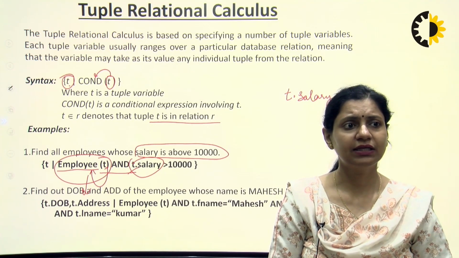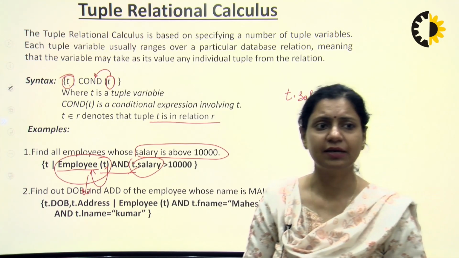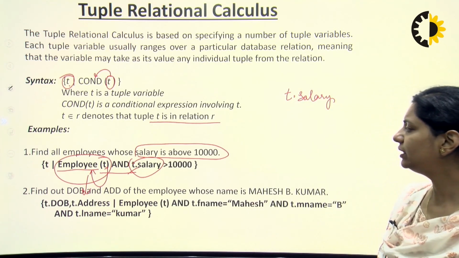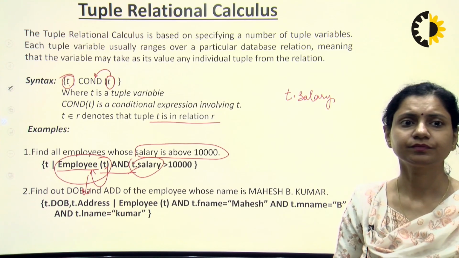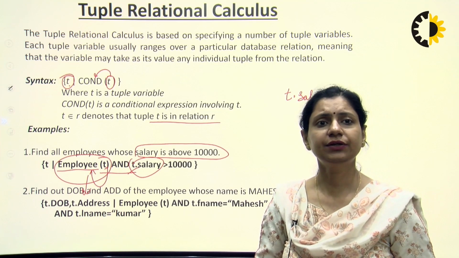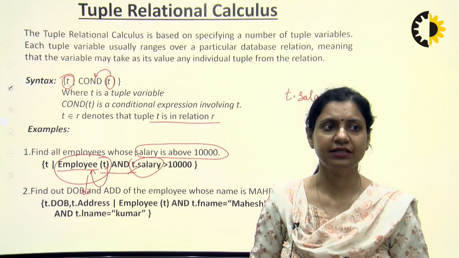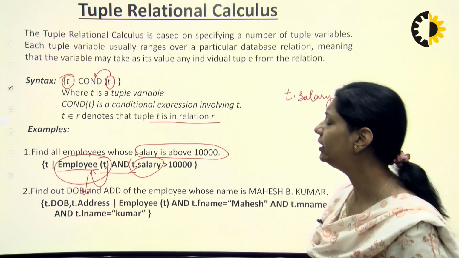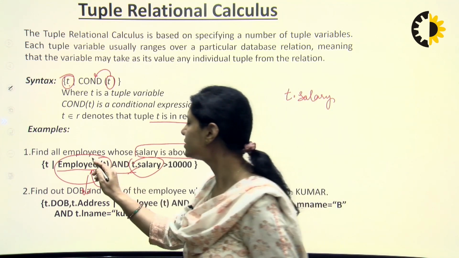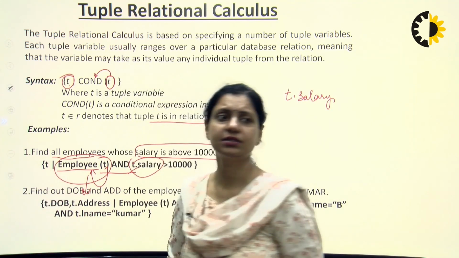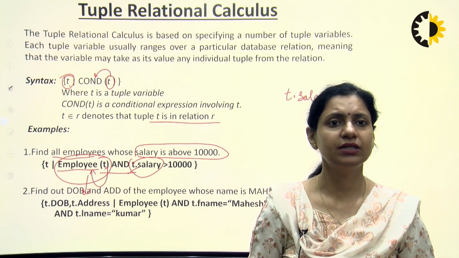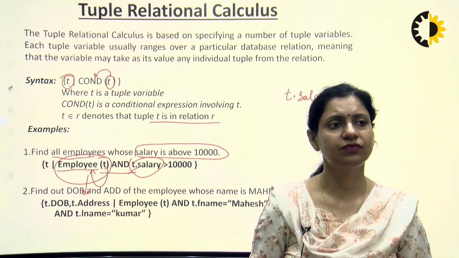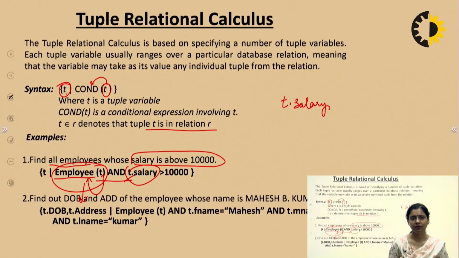We will have further examples. The next example is to find out the date of birth and address of the employee whose name is Mahesh B. Kumar. Now, we need to identify the date of birth and address. If we look at the first question, it says we need to find all the employees. That means we need to identify all the details of all the employees. So we did not mention any specific column